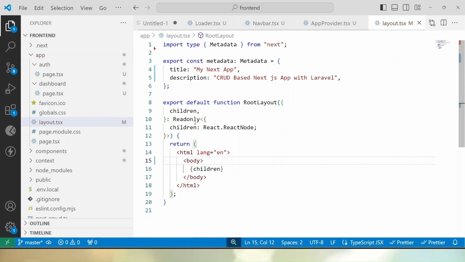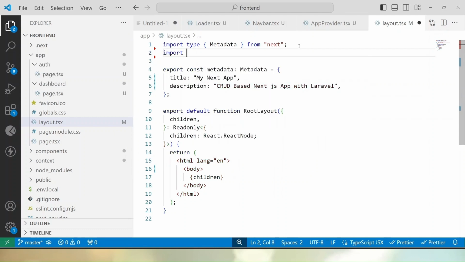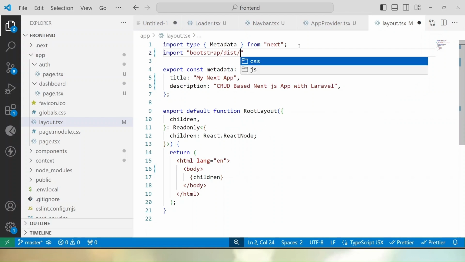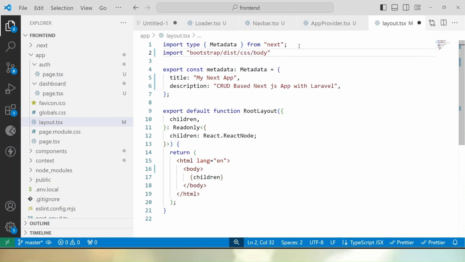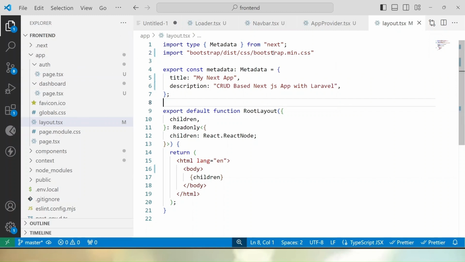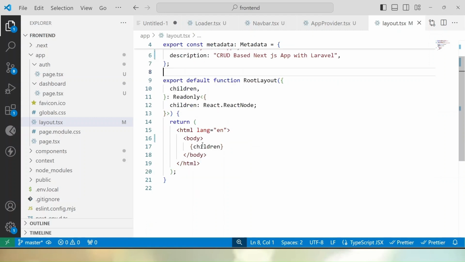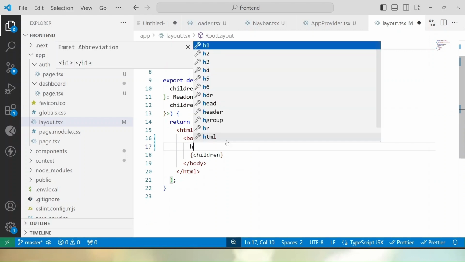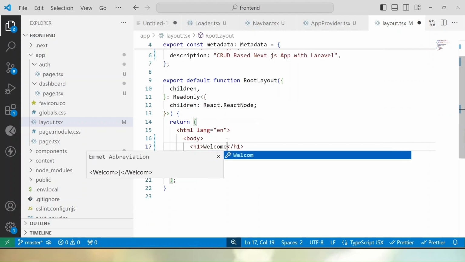And as we know, inside this application we are using Bootstrap. So what I will do here, let's say import. I will import Bootstrap from the dist folder, from the CSS folder, and I will include a file called bootstrap.min.css. Once we have installed the Bootstrap package to this setup, we are able to use this bootstrap.min.css from the Bootstrap package. And then if I go inside this body, within the h1 tag, I write welcome